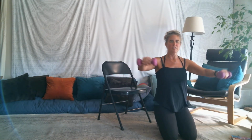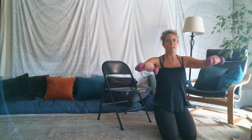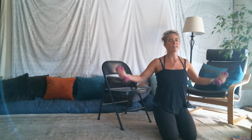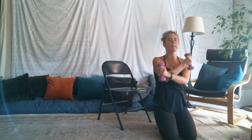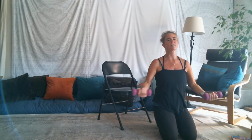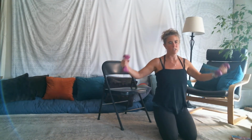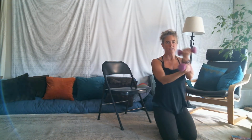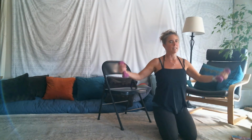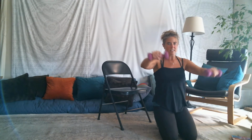So here, let's do the crisscross. 1, cross in front and open. And then the other hand crosses on top. You alternate. So there's 1. Right over left, open. Left over right, and open. It might look the opposite on your screen. It doesn't matter which hand, you just alternate. So that's about 4. Let's do 5, and open, figure 8, and open, 6,